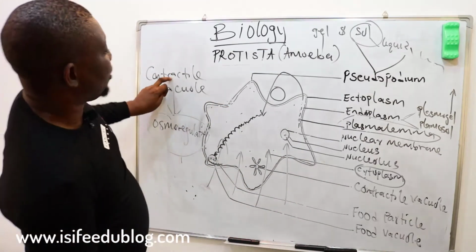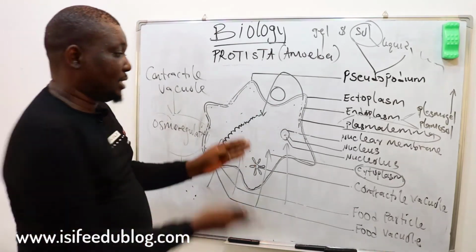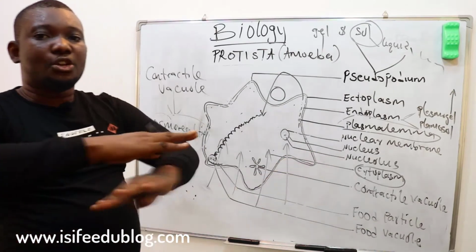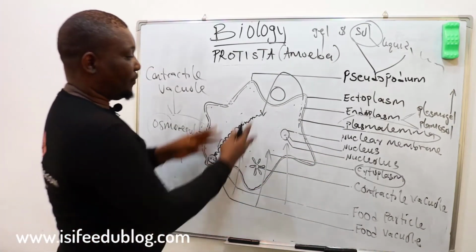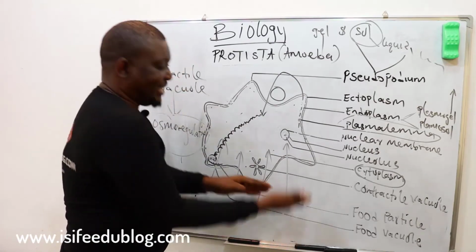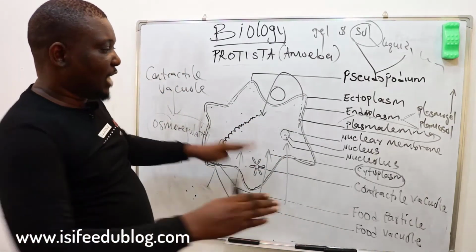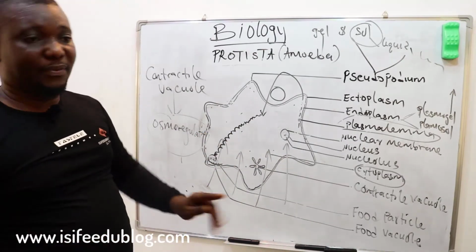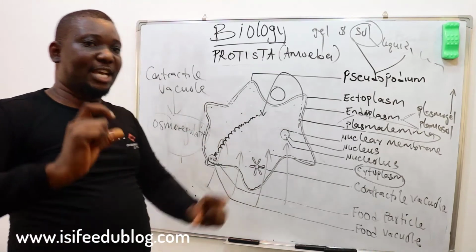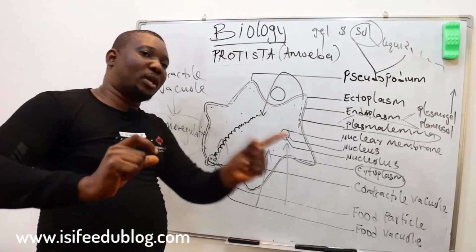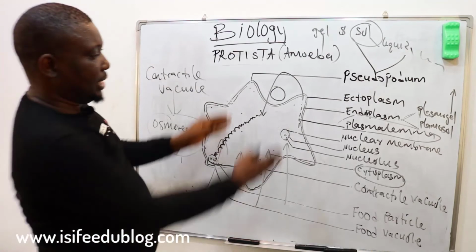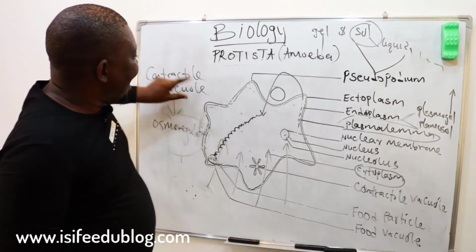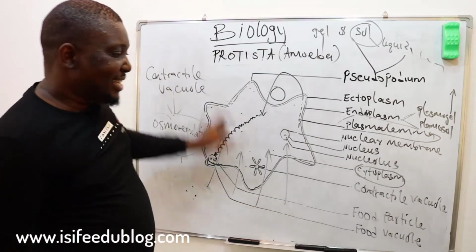So what this contractile vacuole will do is to make sure that an equal amount of salt is taken out to the environment in order to make the environment have the same concentration as that of the cell. In this case, when the environment and the cell have equal concentration, that means nothing leaves the cell, nothing enters the cell. That is what we call osmoregulation. Even our kidney does that. It regulates the amount of water to salt balance in our body. But since this organism ends at cell level, what aids their osmoregulatory function is the contractile vacuole.